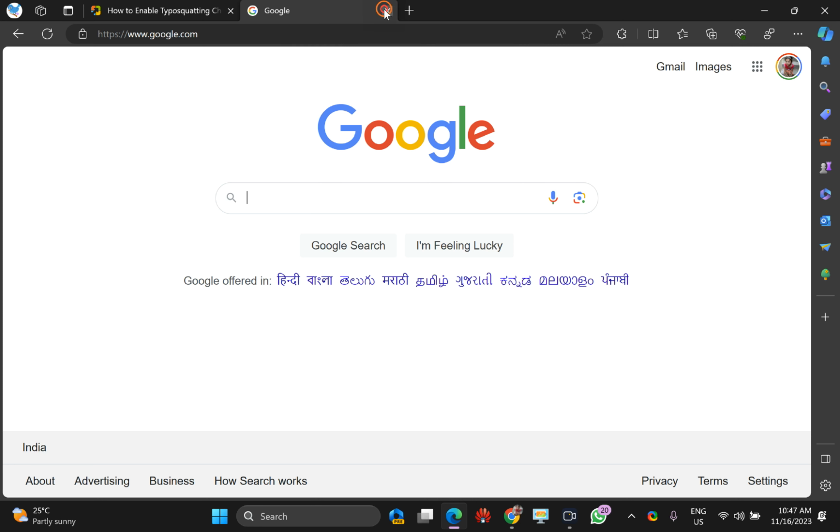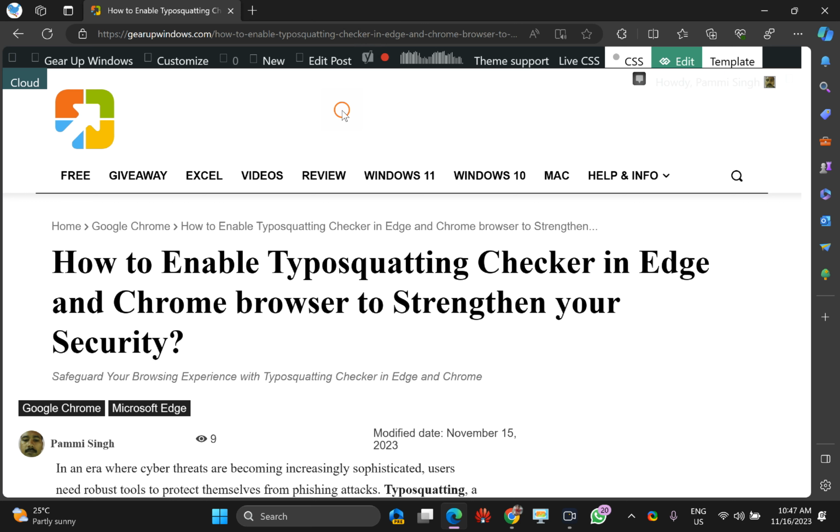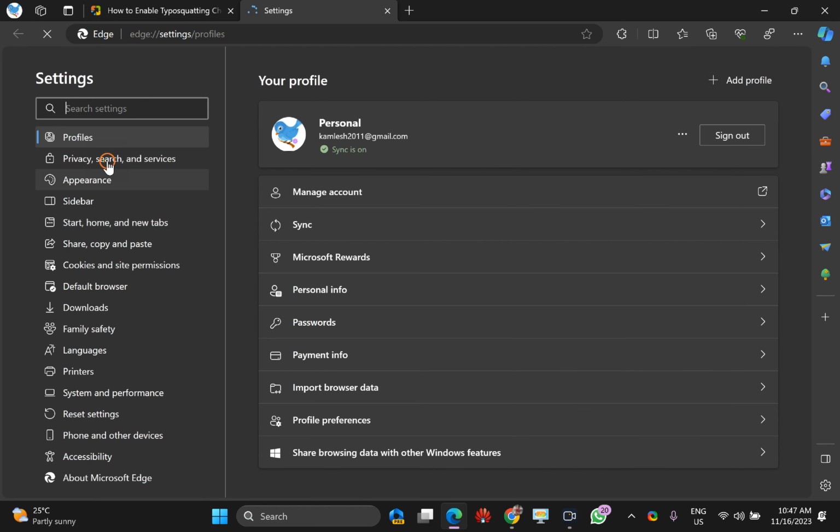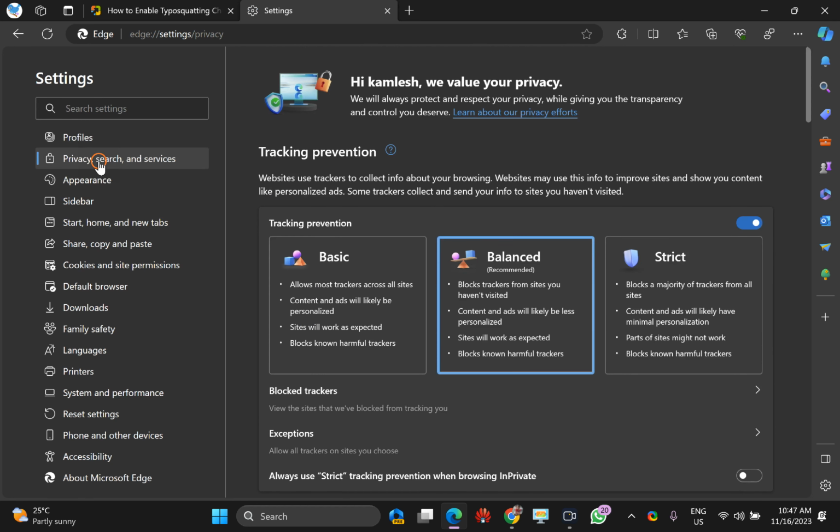To enable this feature in Edge browser, click on this menu button and here select the settings option in the drop down menu. Then on the left sidebar, click on the option privacy, search and services.